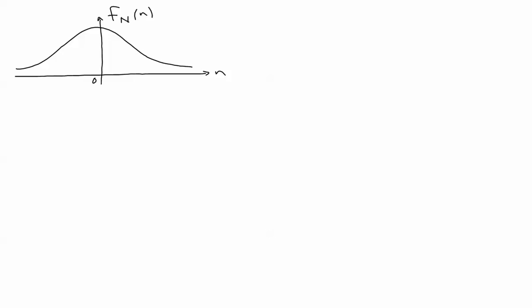Zero mean Gaussian, and this will be T minus A, a negative value. All right. This area down here is the probability that my noise is less than T minus A, keeping in mind that T minus A is a negative number. By symmetry, however,